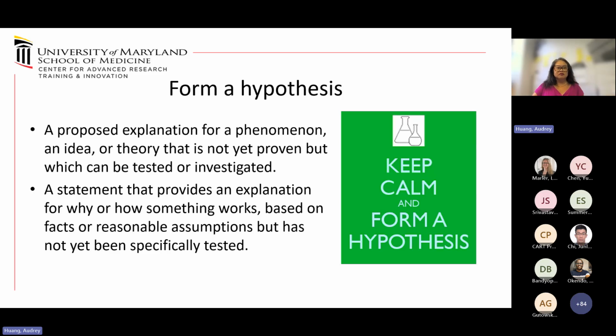So form a hypothesis. And a hypothesis, just as a reminder, is not a question. It is a statement. It's a proposed explanation for something that is not yet proven, but can be tested, right? So we're no longer using question marks. We're saying, maybe if you have enough TGF beta signaling, then you have good vessel wall integrity and nobody's going to die of aortic dissection. Nobody's aorta is going to burst.